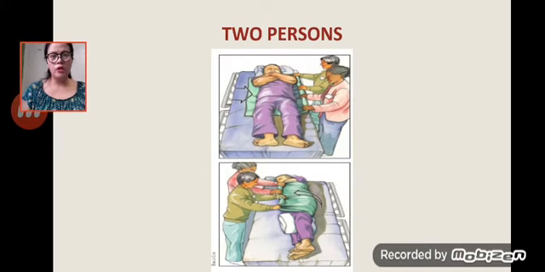Okay, because knowing this 2 persons, it's very hard to turn the patient if there would be no mechanical aid that will help you in doing the turning. Okay,